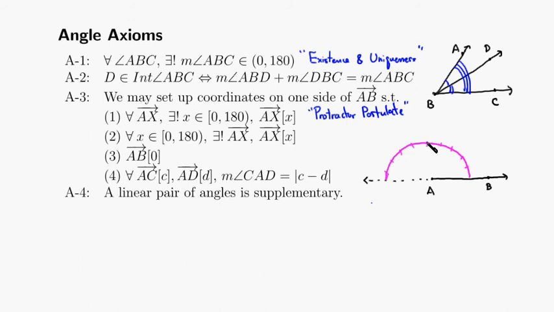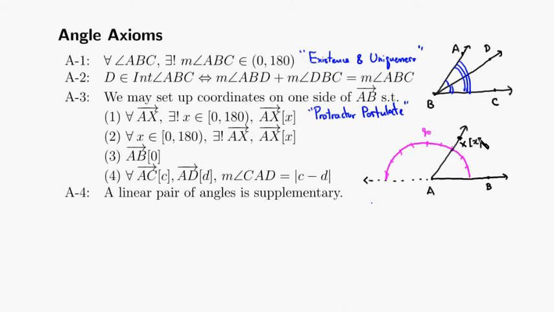For example, probably the coordinate around here is 90 and so on. So it says that for all rays AX, so let's say you have a point, say X, somewhere here, then you're going to have an associated